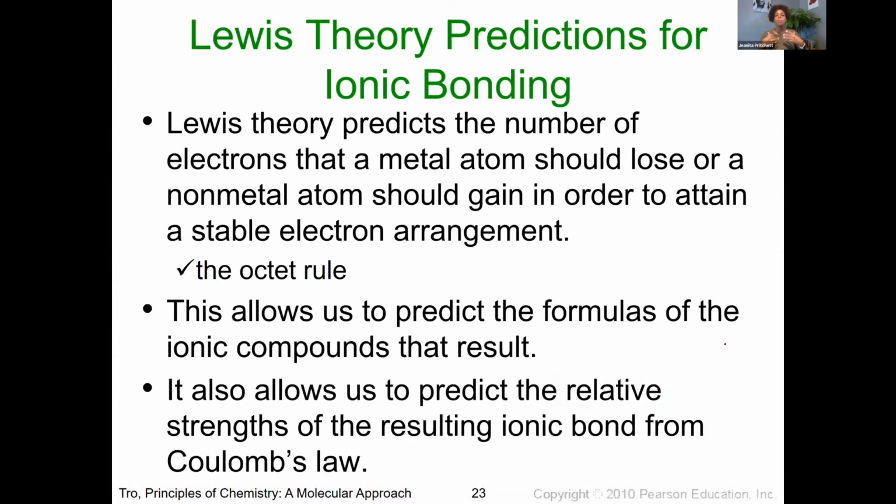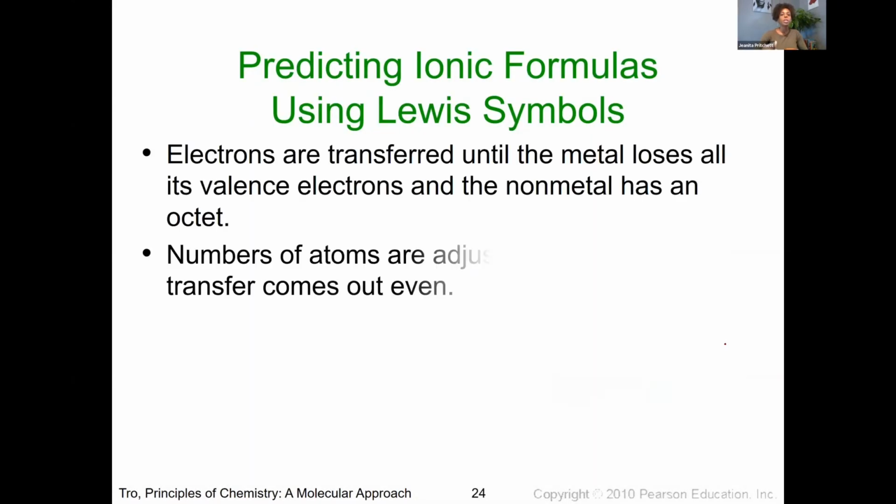And so there are a couple predictions that are out there about what would happen with ionic bonding. Lewis theory does predict the number of electrons that a metal atom could lose or a nonmetal could gain will be based on obtaining that stable electron arrangement or getting to that octet rule. And so this really helps us to predict the overall formula for these ionic compounds. So when we're predicting the ionic formula for these compounds, we can use the Lewis symbols along the way. The electrons are going to be shown to be transferred from the metal to the nonmetal, and we adjust the